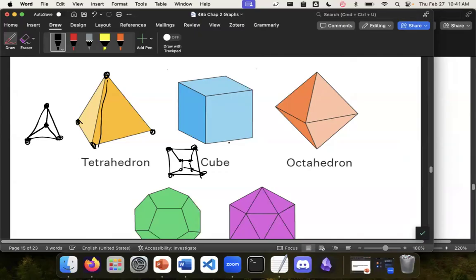we get something like that. And so on. I'll leave the drawings to the book. I think they look pretty cool. These also belong to a category called polyhedral graphs,